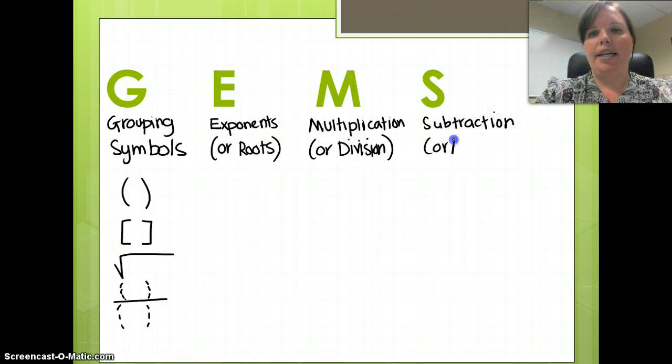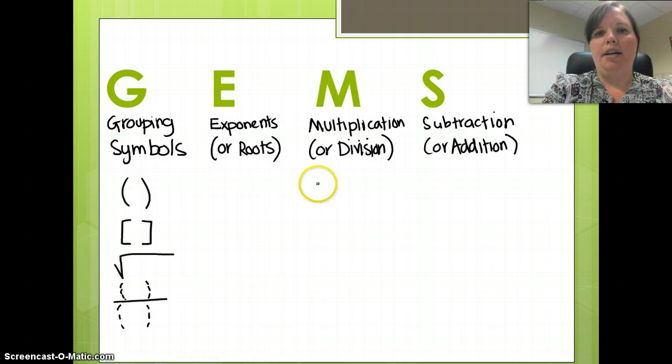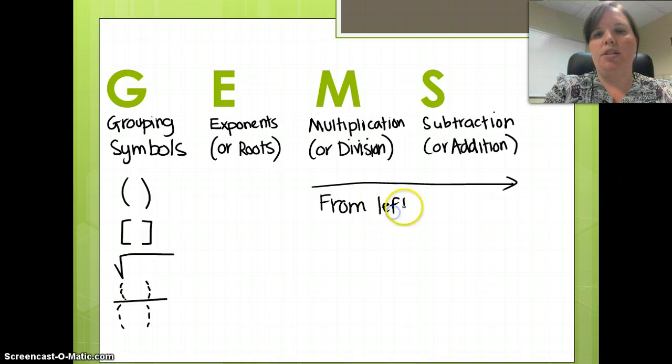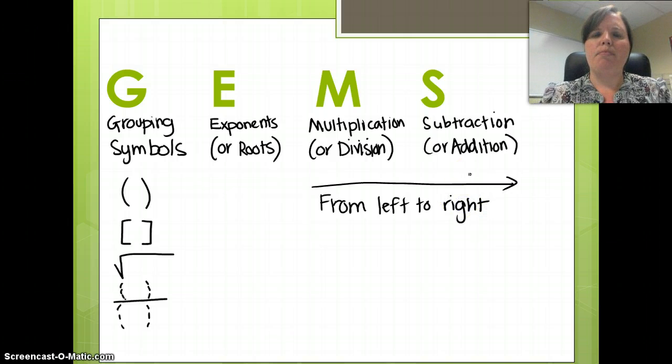Remembering that for both the M and the S, you take care of those moving across your page from left to right. So these are guidelines,